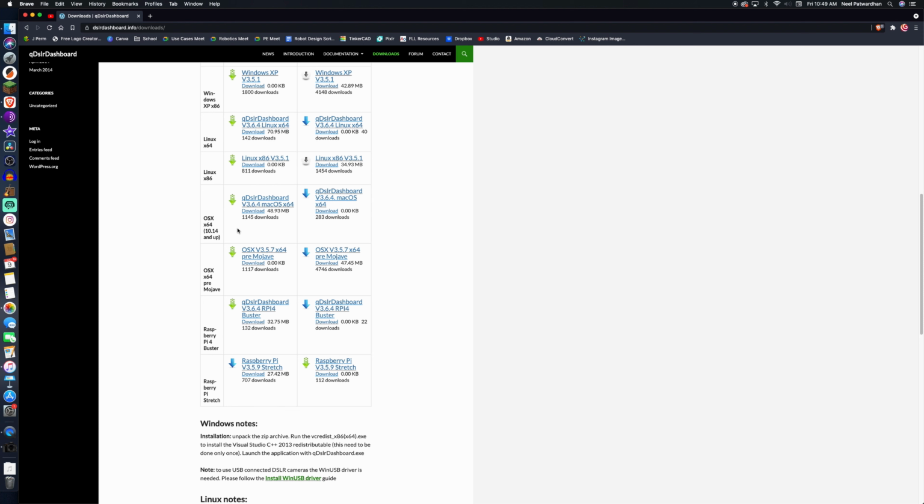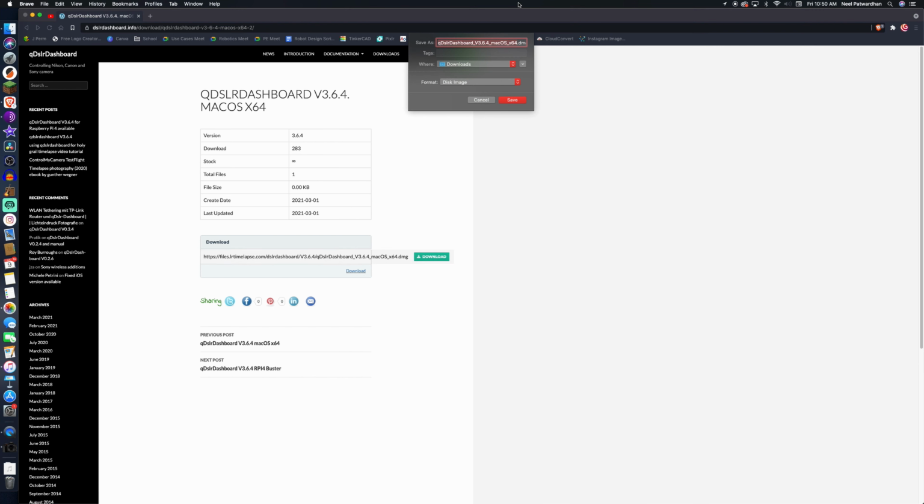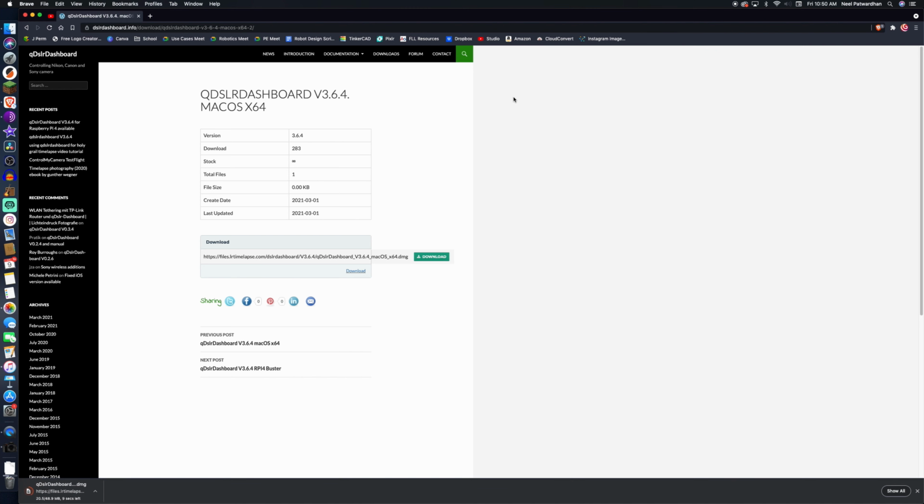And you can download the right version with the blue arrow. And once you click that, it will take you here. And then you can download this disk image. It'll take a little bit, ask you where you want to download it, and then you can click save, and then it'll start downloading. So it'll take a few seconds to download, and then you can open it up,